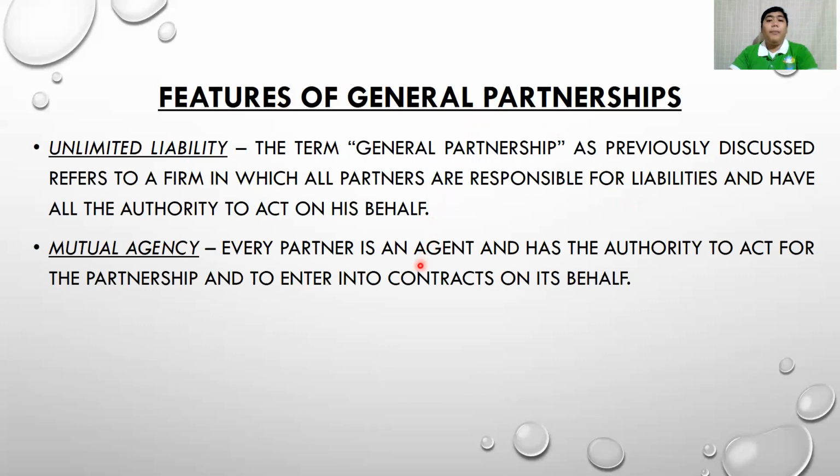It means that every partner is an agent and has the authority to act for the partnership and to enter into contracts on its behalf, as long as the contract entered into by a partner is aligned with the business, cannot harm the partnership, and is legal. Once the partner's role as agent or representative in that transaction is illegal, or it can damage the partnership or the business once it is done,